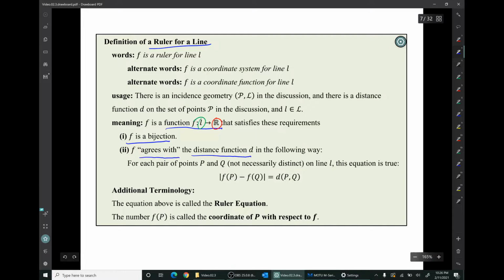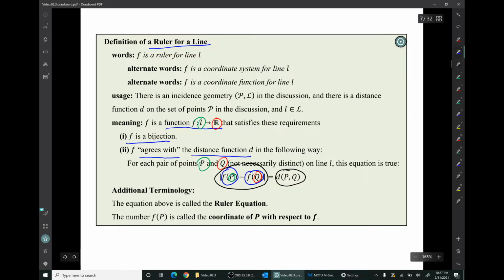If you have 2 points on a line, P and Q, not necessarily distinct, then if you take P and you feed it into the function f to get a real number, and you take the point Q and you feed it into the function f to get a real number, you take the difference of those two real numbers and you find the absolute value of that difference, you get a number. That number has to equal the number that you would get by just measuring the distance between P and Q. Remember that you can talk about rulers only in a metric geometry, and in that setting you have